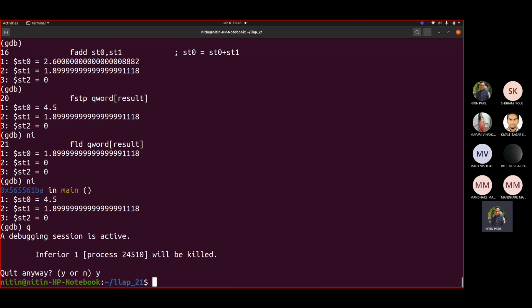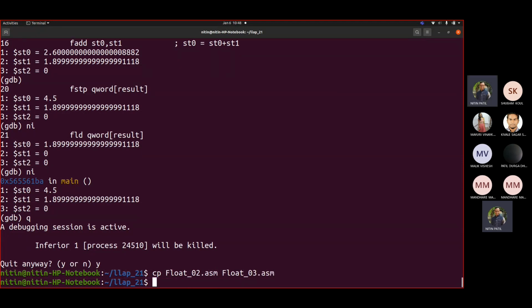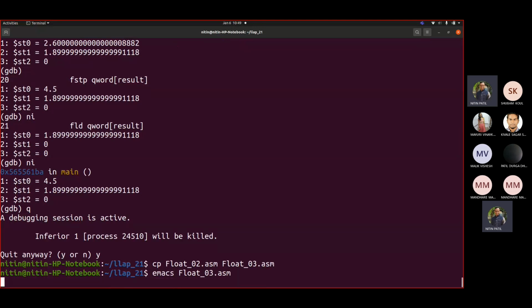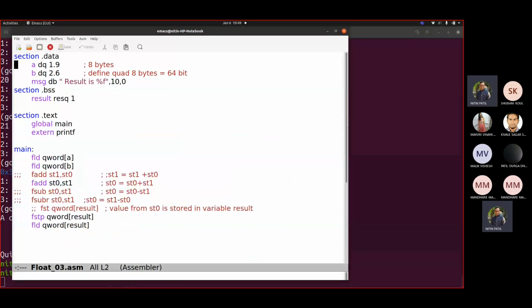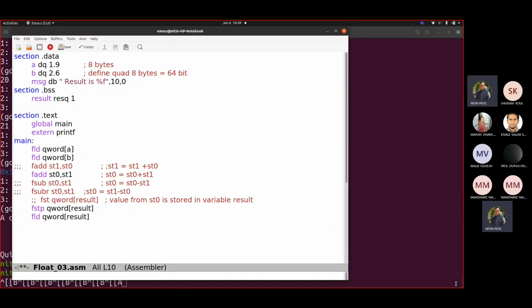What to do? So let us first copy float02.asm to float03.asm, and open float03.asm in Emacs. Now we are using this print. Now how to do that?